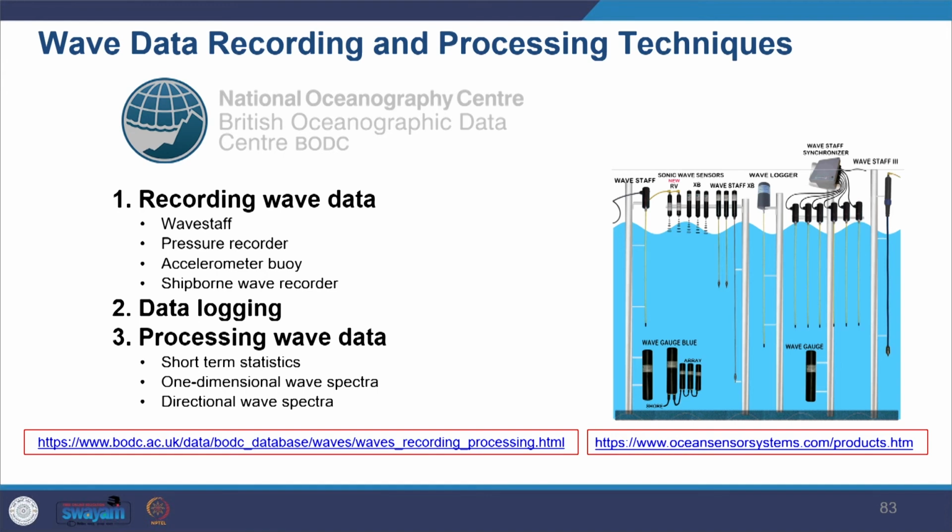Looking at the wave data recording and processing techniques, there are certain methods for which you have certain instruments which can be used, like wave staff, pressure recorder, accelerometer, buoy and shipborne wave recorder. Looking at the ecological survey, the coastal zone has this particular problem of ecological sampling,